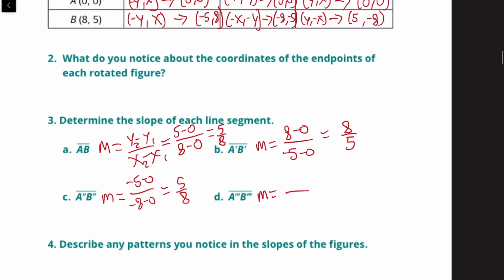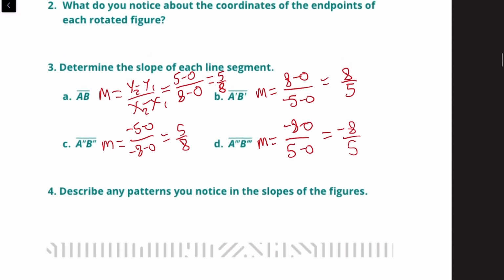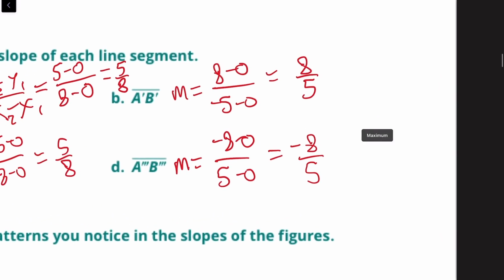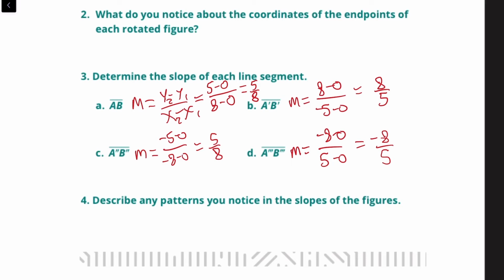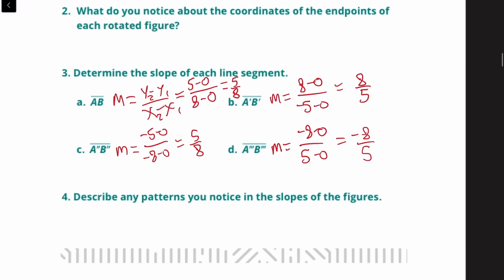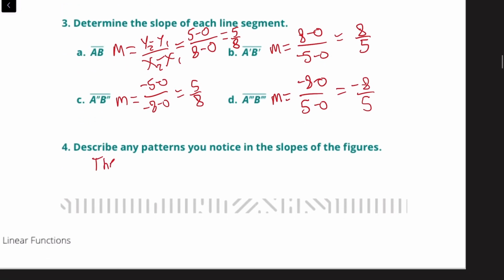And lastly, -8 minus 0 over 5 minus 0 equals -8/5. For the patterns with these slopes, you can see that all the numbers are the same numbers here. It's either a 5 or an 8, but sometimes it's negative, and sometimes there's a 5 on top, and other times there's an 8 on top. So if sometimes there's an 8 on top, and the other times the 8's on the bottom,